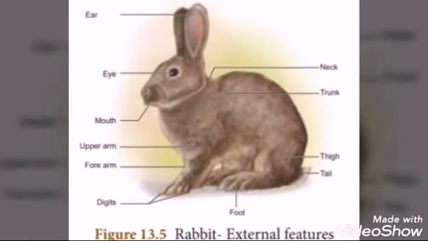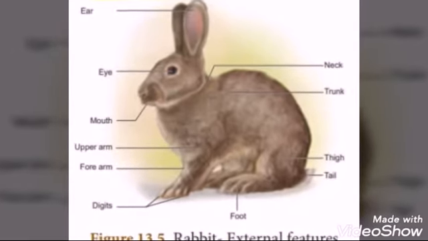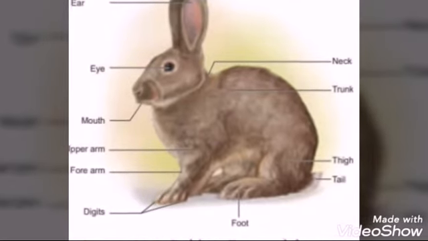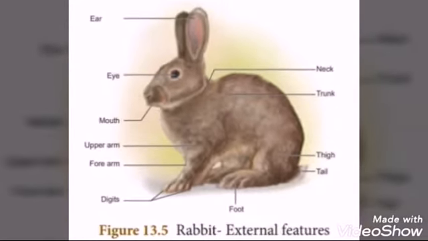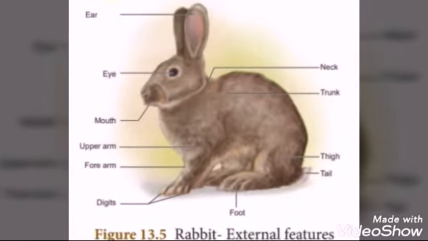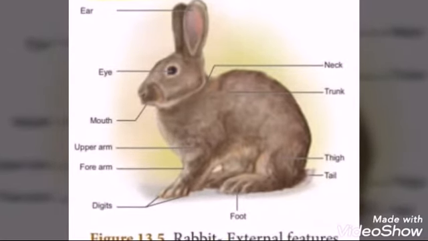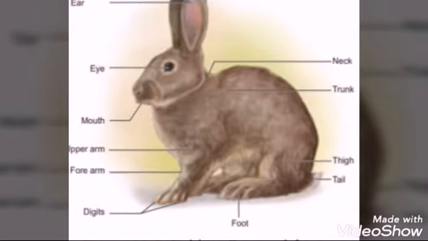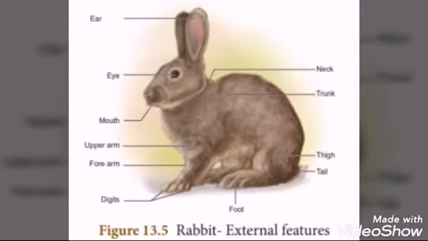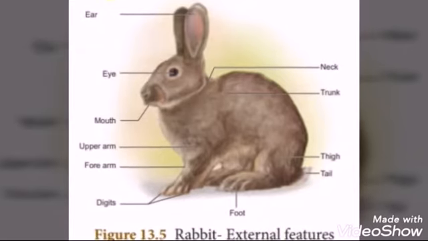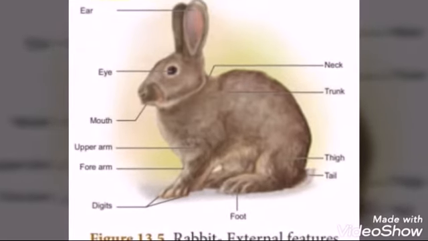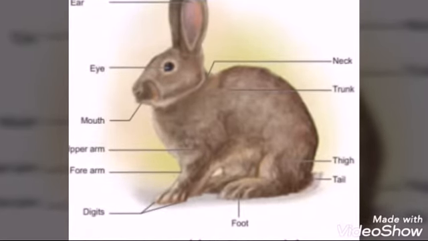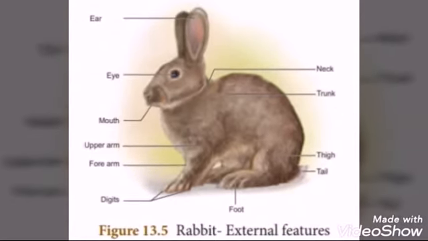Forelimbs are shorter and hind limbs are longer. All the digits bear claws. It means nails. The anus is present at the posterior end of the abdomen at the base of tail. In females on the ventral side, a slit-like vulva is present. Slit means a narrow opening. In males, penis is present on the ventral side of anus. The male has a pair of testes. The testes are enclosed by scrotal sacs.